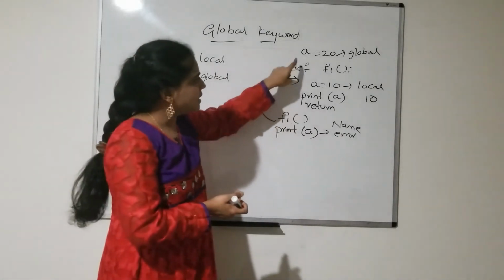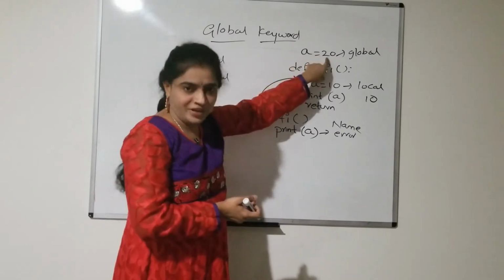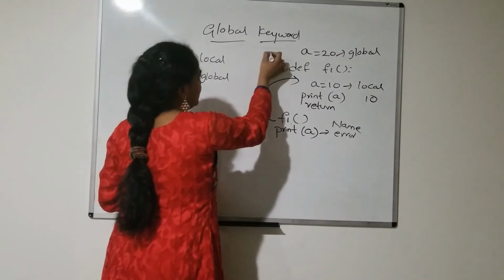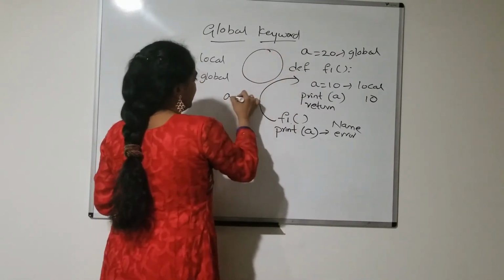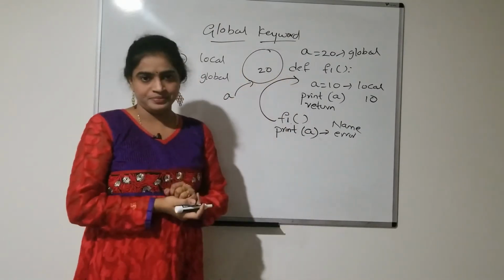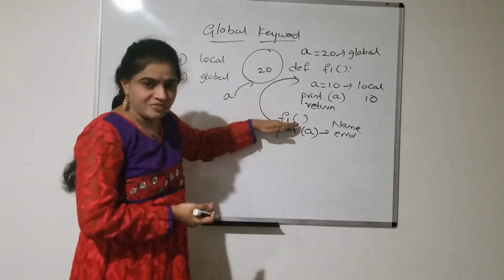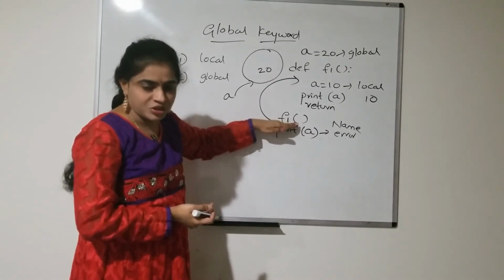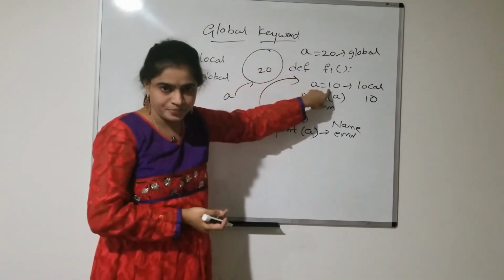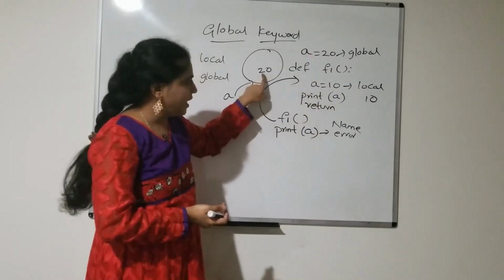So, what happens, A is now assigned with 20. Initially A is assigned with 20. Here this is the A variable, a reference variable, holding a value of 20. Here F1 is the function call. Once the function call is made, the cursor goes to the function definition. Now A is assigned with 10, right. So, print of A. A is 20 and A is 10.